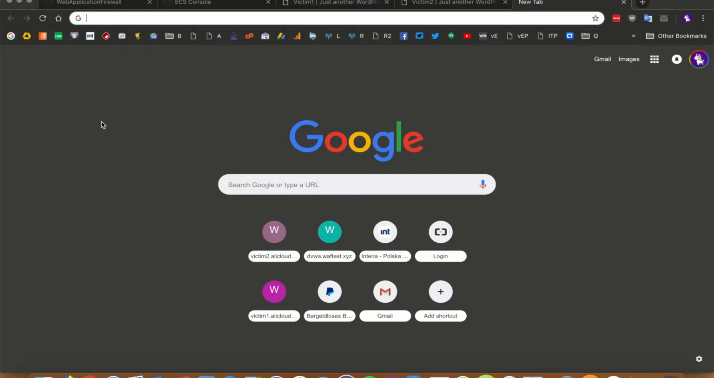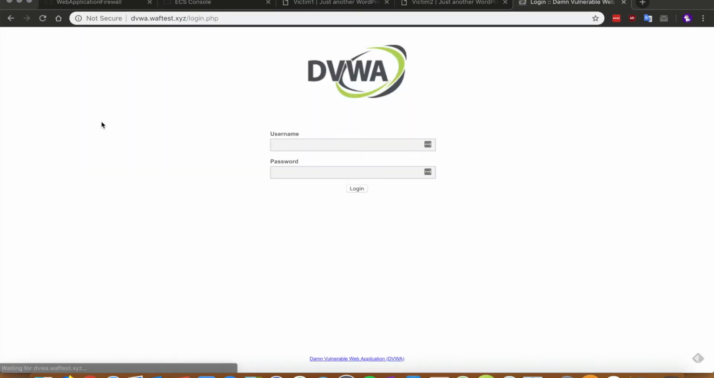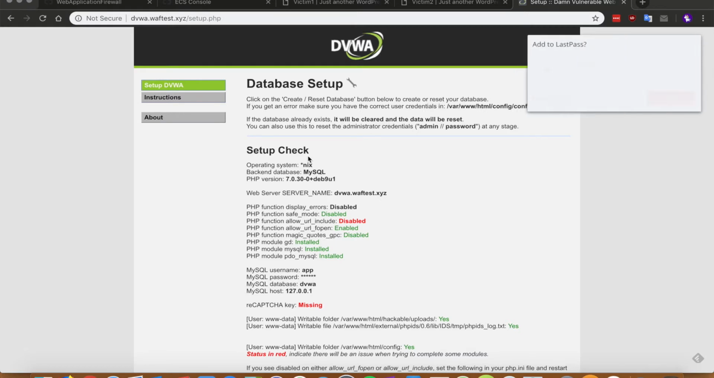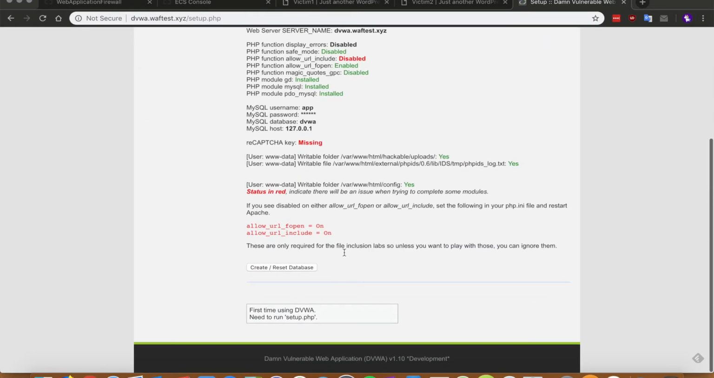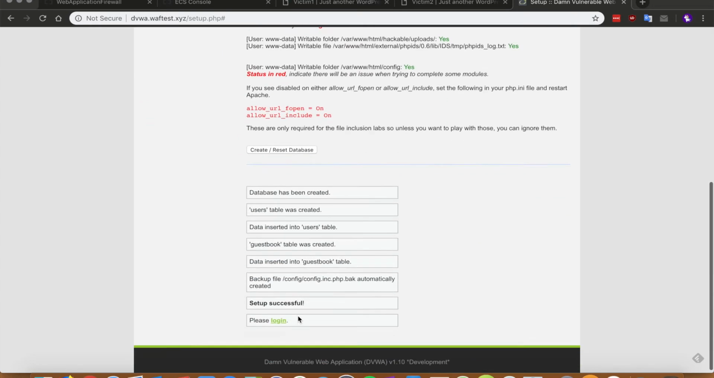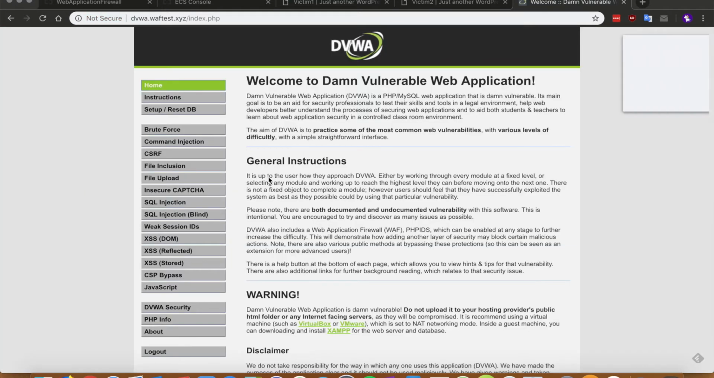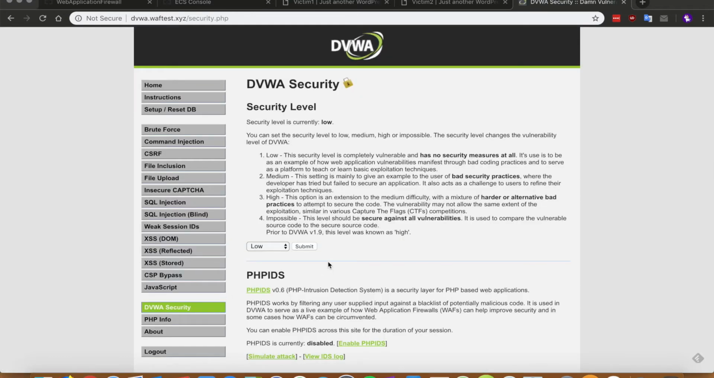Login now to DVWA. I will enter the username and password. I will create a database and we will log into the DVWA. DVWA has different levels of security. We will